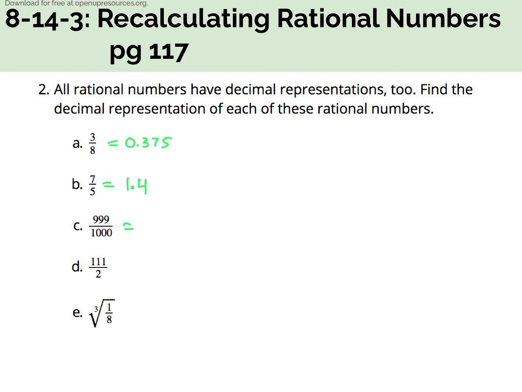999 divided by 1,000 is 0.999. All right, keep on going. 111 divided by 2 is